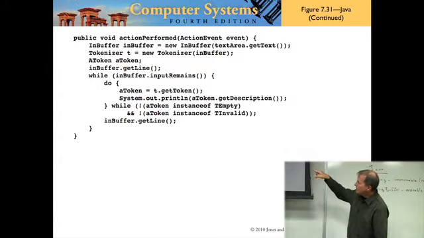Okay, so first of all, as we said before, we allocate a new buffer called nBuffer. We allocate a new tokenizer called T, and the reason we use T is so it's nice and brief. We can say T dot. Okay, so our tokenizer T gets new tokenizer, and that tokenizer, oh, by the way,